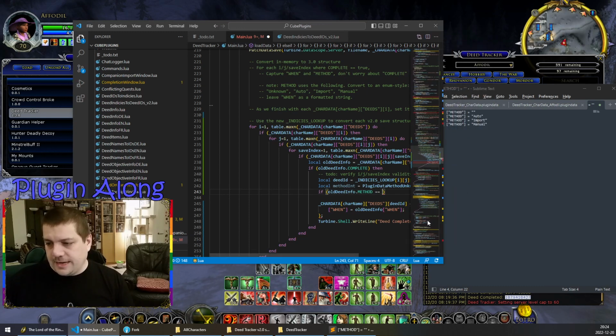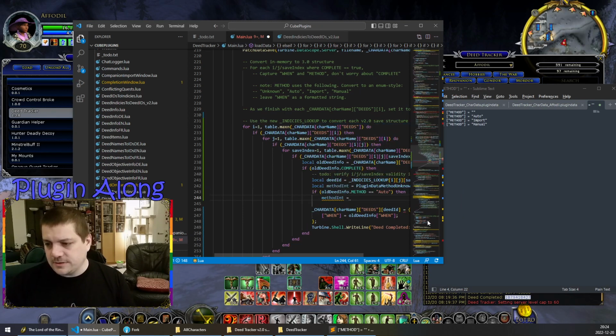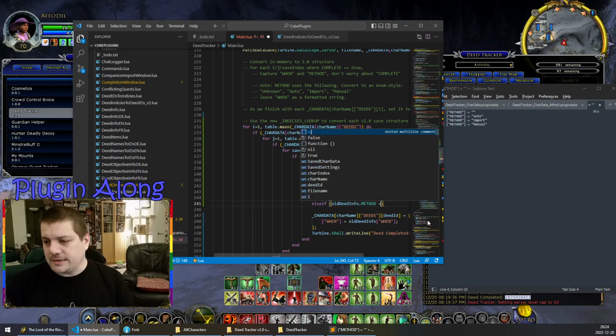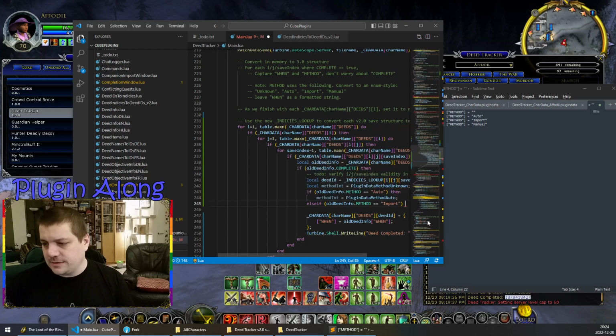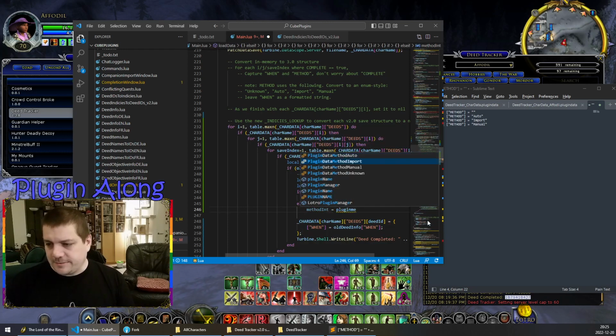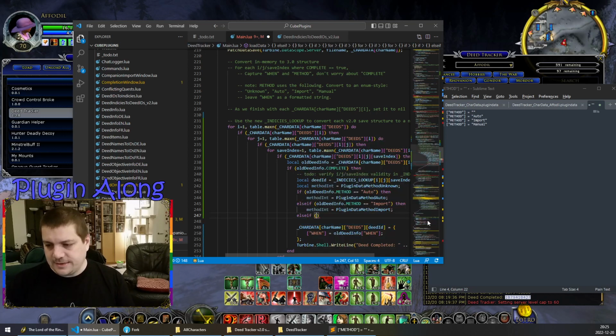So if it equals auto, then method int equals plugin data method auto. Else if old.info.method equals import, then method int equals plugin data method import. Else if old.info.method equals manual, then